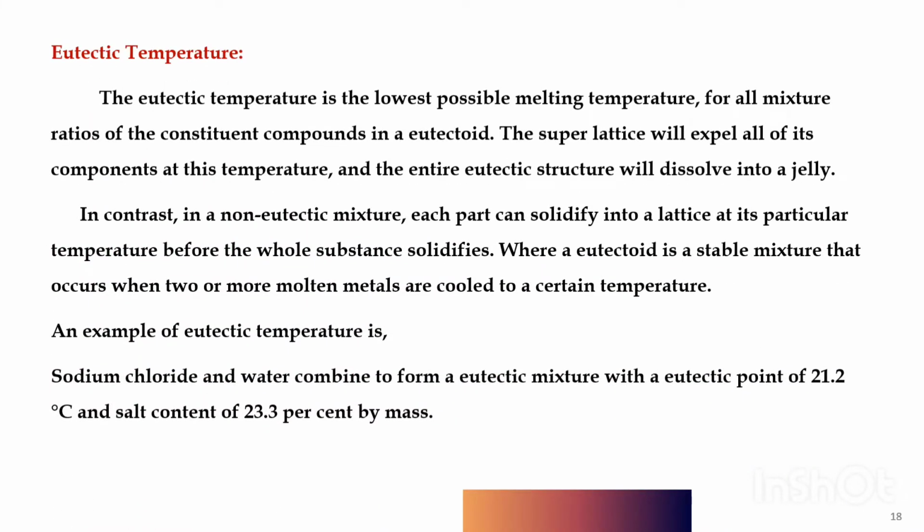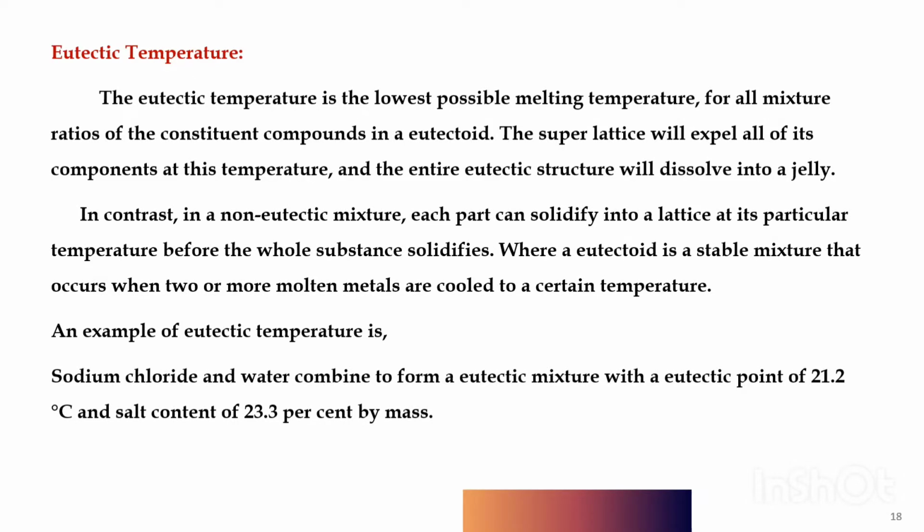Now, before anything, we should know the eutectic temperature. The eutectic temperature is the lowest possible melting temperature for all mixture ratios of the constituent compounds in the eutectic mixture. The superlattice will expel all of its components at this temperature, and the entire eutectic structure will dissolve into a jelly. In contrast, in a non-eutectic mixture, each part can solidify into a lattice at its particular temperature before the